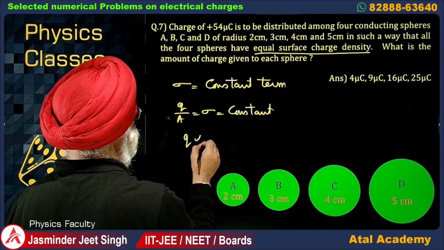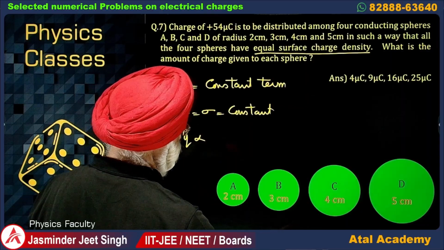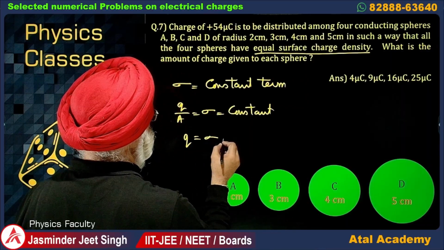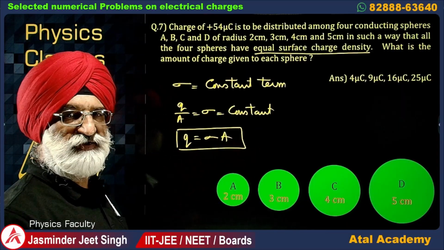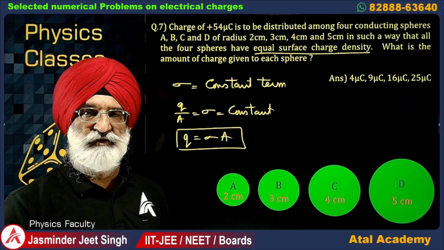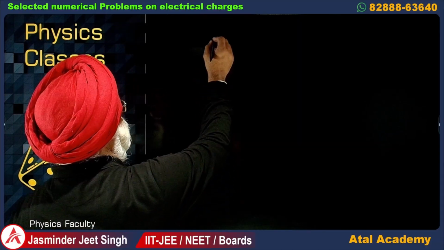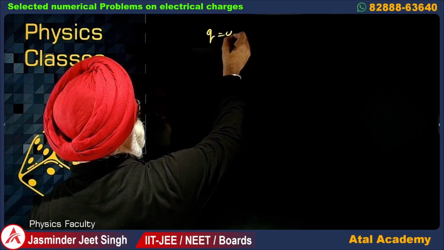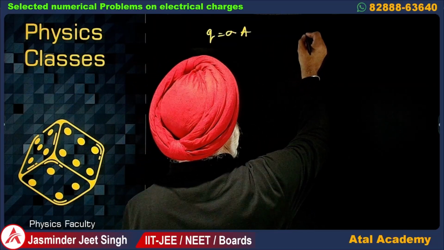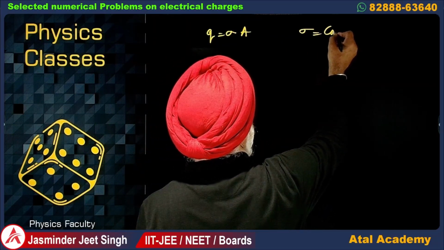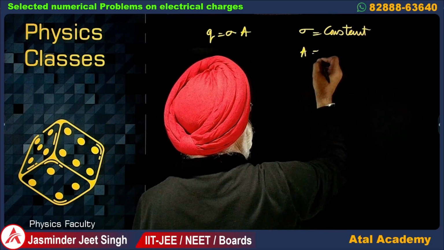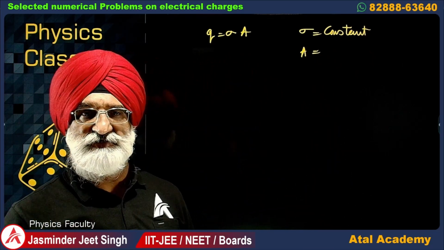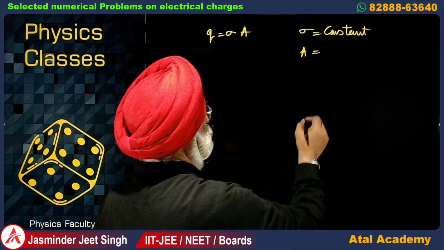Charge will be equal to sigma into area. Here sigma is a constant term. Since charge is sigma into area, and sigma is a constant term, and A is the area of each sphere. Since the area of the sphere is 4 pi r square,